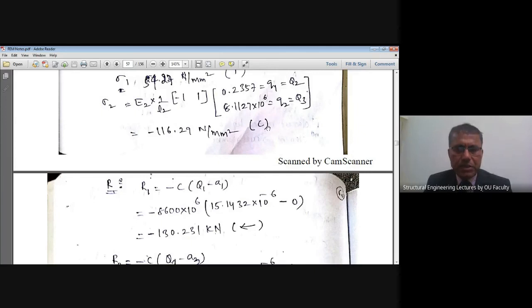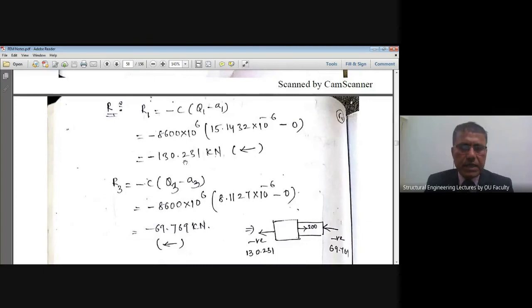This minus indicates compression. It is obvious that the third node is having a fixed boundary condition. Therefore, the second element cannot move beyond node 3. Hence, it is under compression between node 2 and node 3. Whereas the first element is trying to elongate, and that elongation is leading to compression of this second element. So, the nature of the stress is also correct, hence the correctness of the answers.